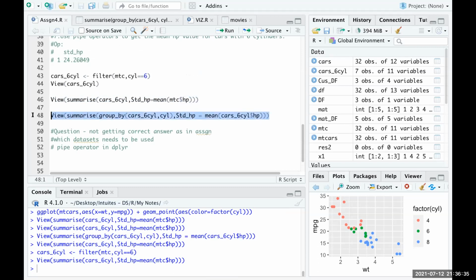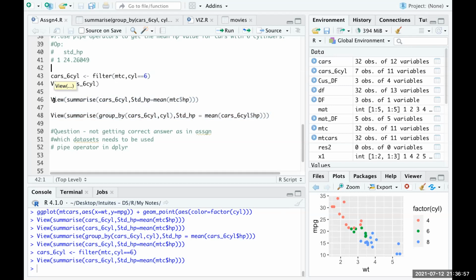For this 48, I got the logic and I'm getting the correct output. You said the output in the assignment is wrong. So I got this one. No, but in the 46 also you find the error. No, I didn't get any error, but I'm getting some output. The logic is, what you are doing in line number 46 is